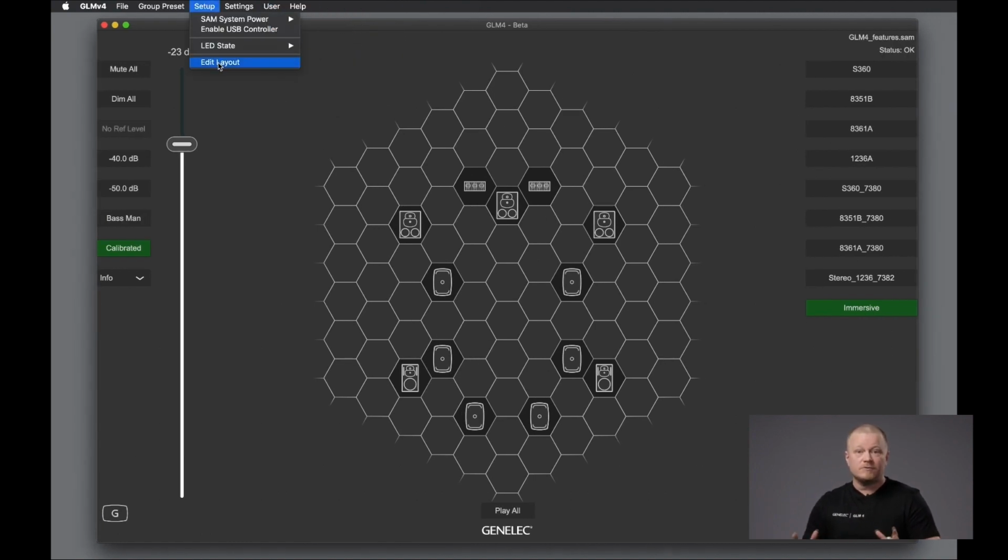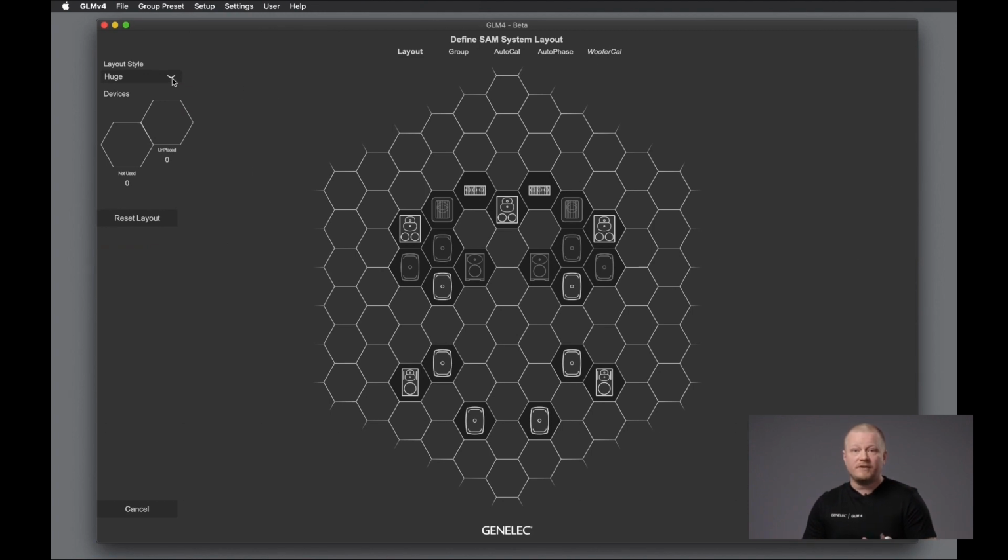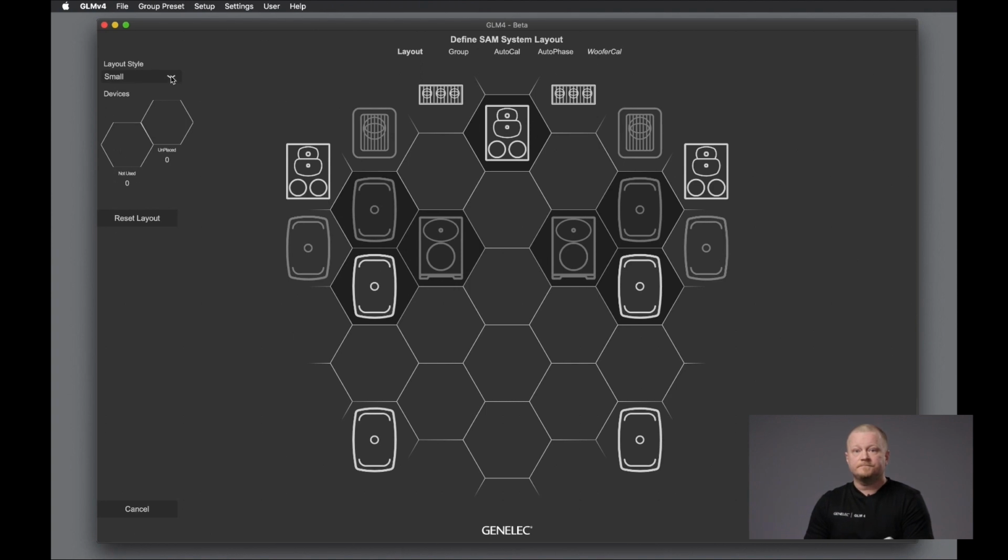Another cool feature of the layout, and talking about the immersive audio systems, they occupy a lot of monitors, and also you need a lot of space on your screen to manage and control that kind of system. So then you can scale your layout grid just by selecting the presets in the layout edit. If you need, you have anything from stereo up to the largest immersive audio systems, including also the pre-named positions for each monitor and subwoofer, so you can easily maintain the channel configuration of that format.